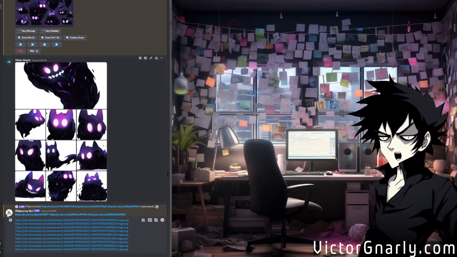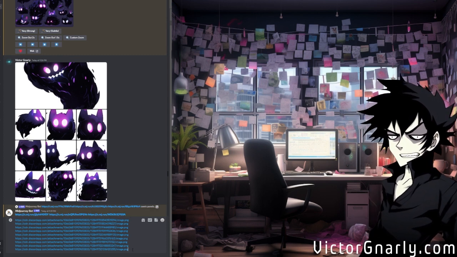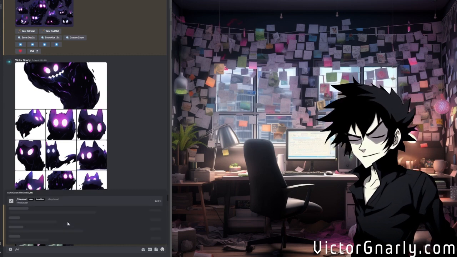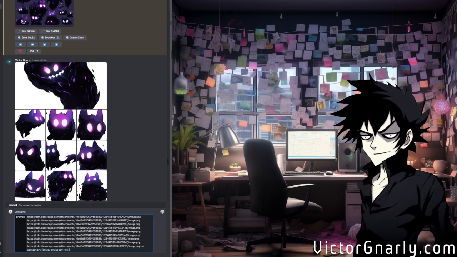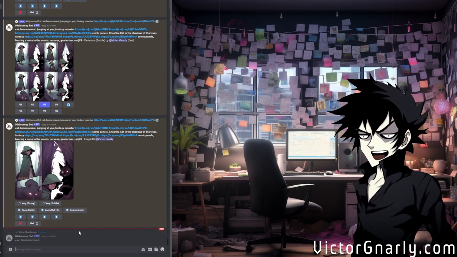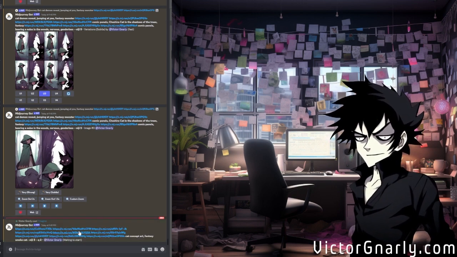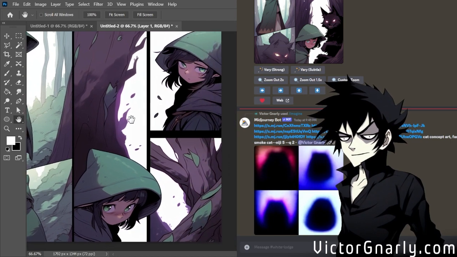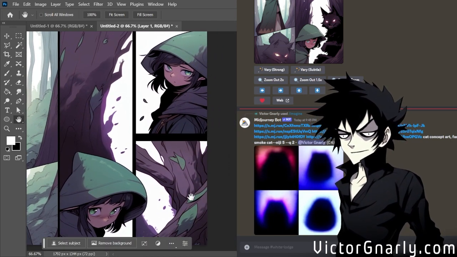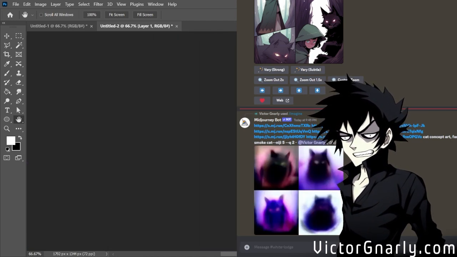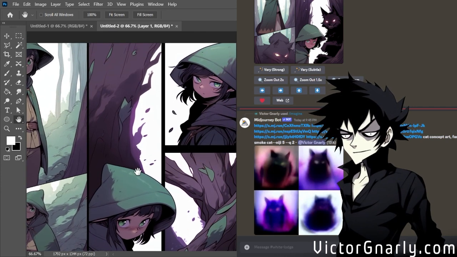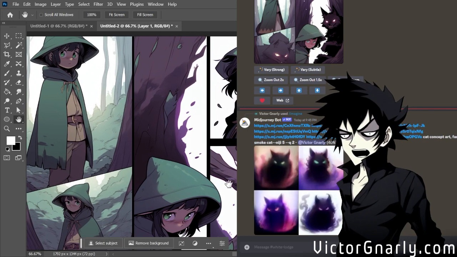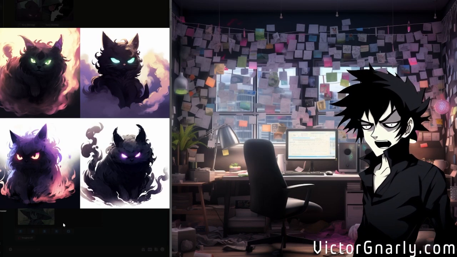So we have all the URLs here. I'm just going to copy them and type /imagine. By evoking directly a cat, I think we're going to end up with some better results. We have the cat here. We can consider this a whole page if we wanted to, and then generate what would be the next page as a separate prompt. There we go.